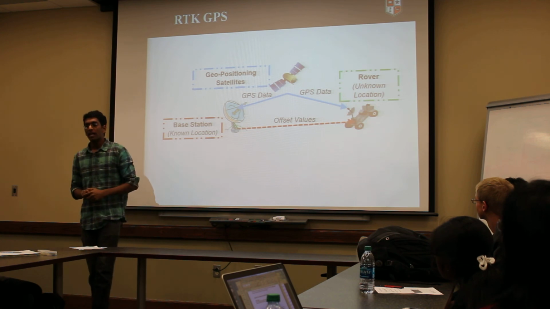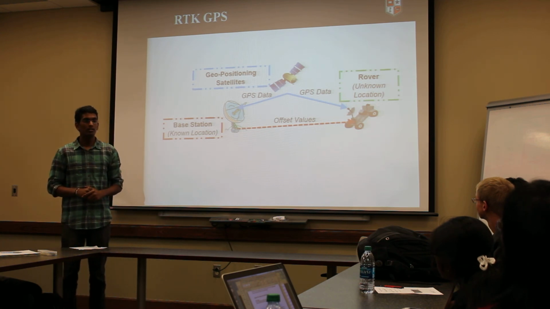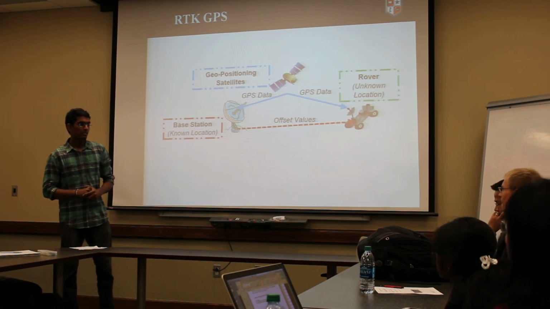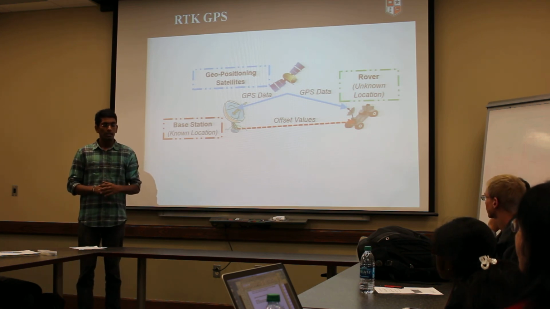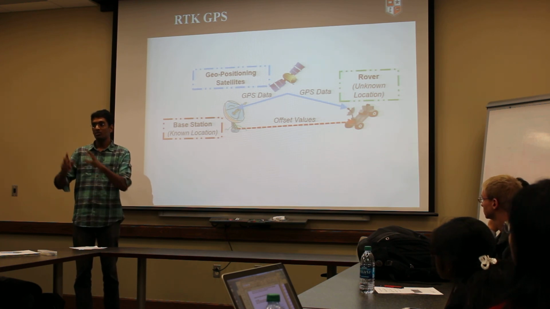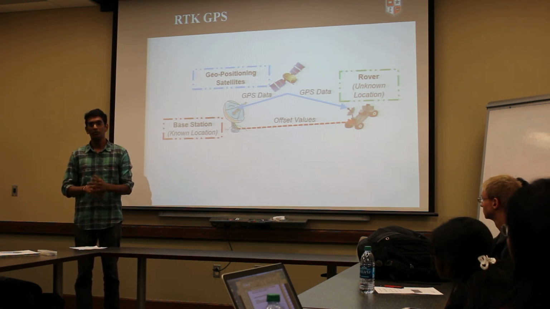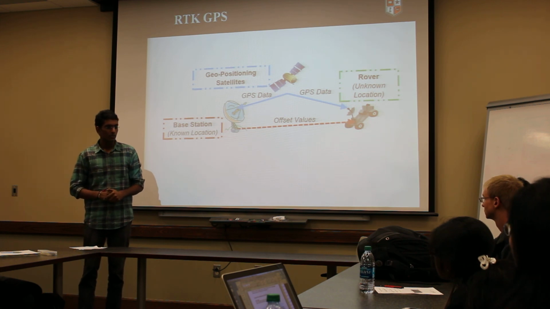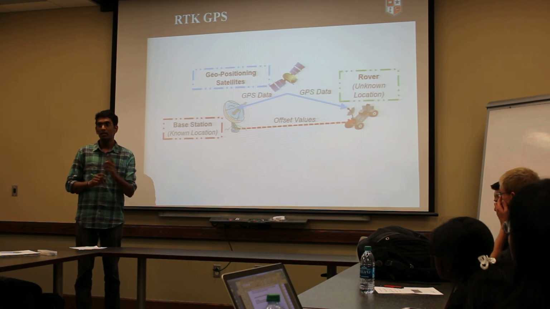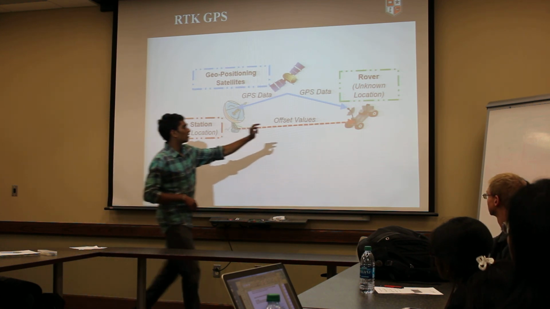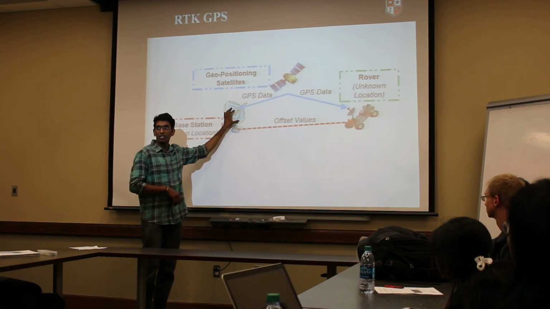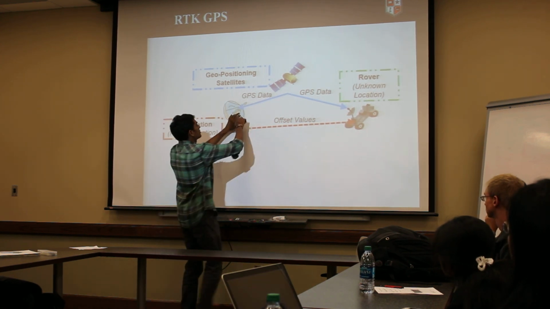The accuracy of our regular GPS systems is around 5 meters. The accuracy of GPS is determined by various factors like environment and distortions in layers, ionosphere, troposphere and all. So if we can somehow figure out the distortion, we can apply that distortion to the robot. Since this base station is in a known location, we calculate the distortion of